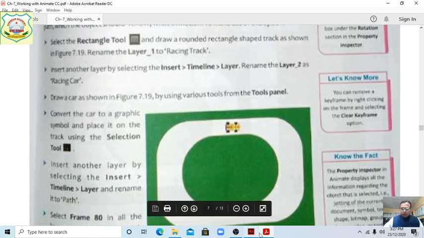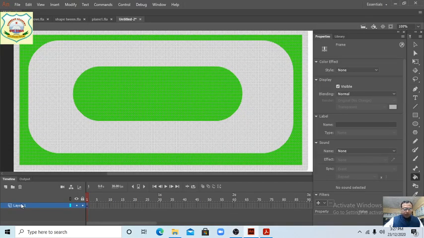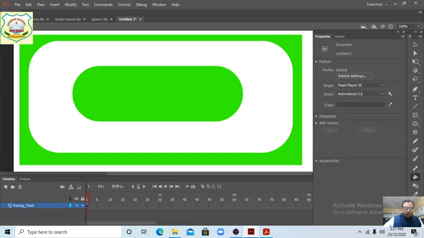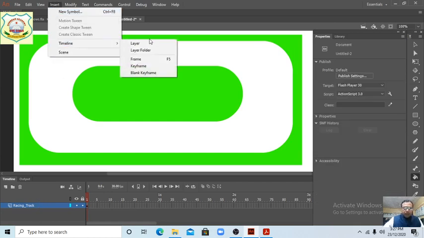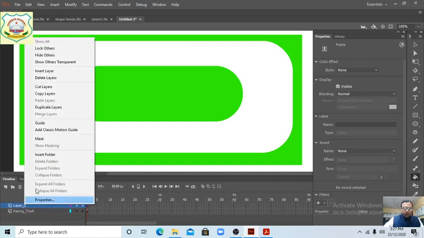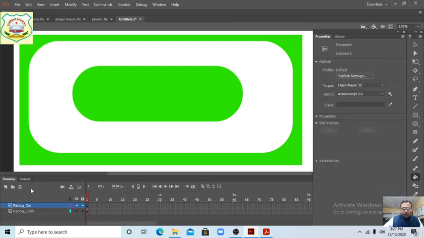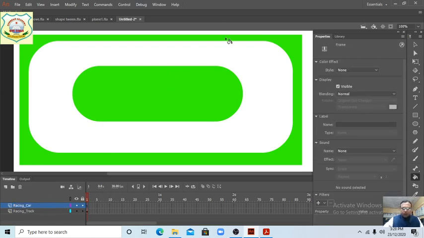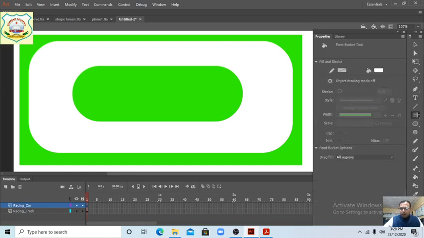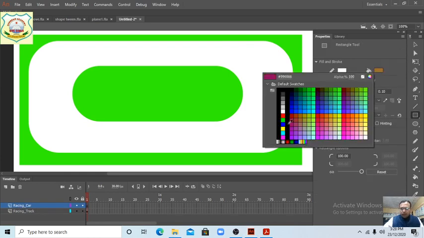So we write racing underscore track, students. Next, with the Insert option, go to the timeline and layer. Now the second layer is the car, racing car. Now by this we will make a car.